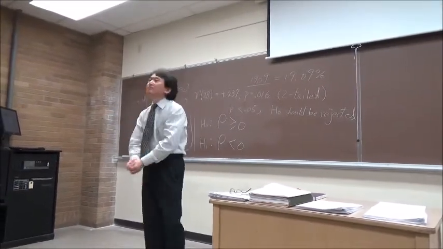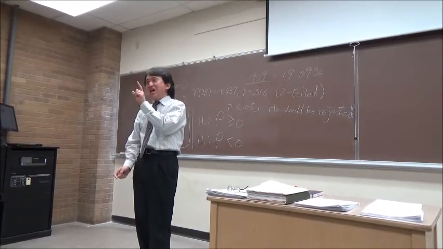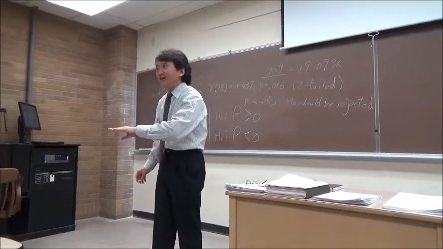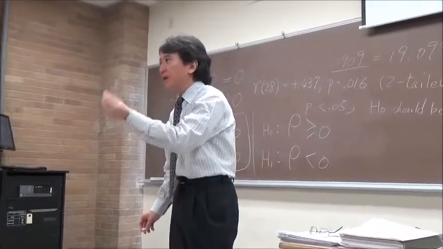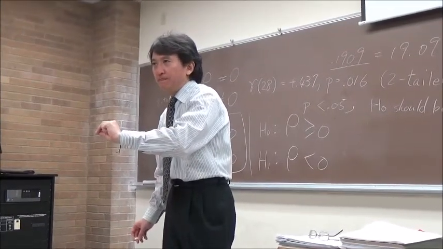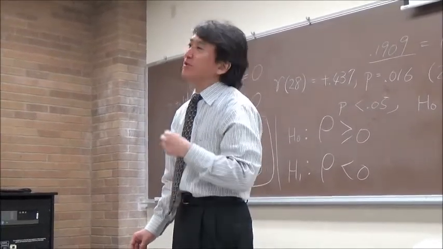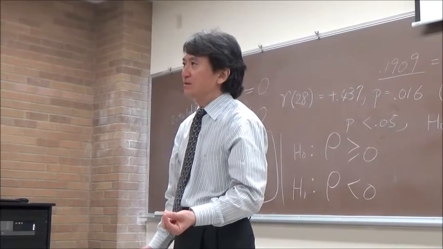When we're doing this, do you recommend that we start with a two-tailed test to see if there is a correlation? Excellent question. It depends on your theory. If your theory says positive relationship, then positive relationship. If your theory is talking about negative relationship, then it should be negative. Does it make sense?